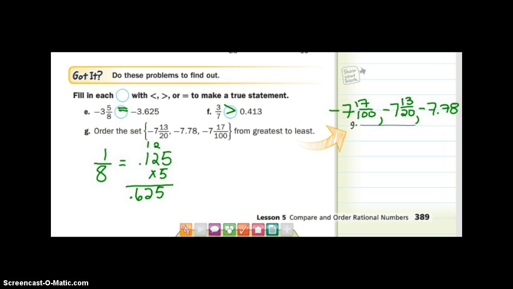So again, remember, you can always take a fraction in its root form, which is any fraction with a numerator of 1, and find out what it is, and then multiply the numerator by that to get the decimal answer. Again, in this case, we have 3/7, and the only way to do that is to do division. There's no handy-dandy secret for that. So that's a 4, that's a 28, that's a 2, that's a 0, that's a 2, that's a 14, that's a 6, that's a 0, that's